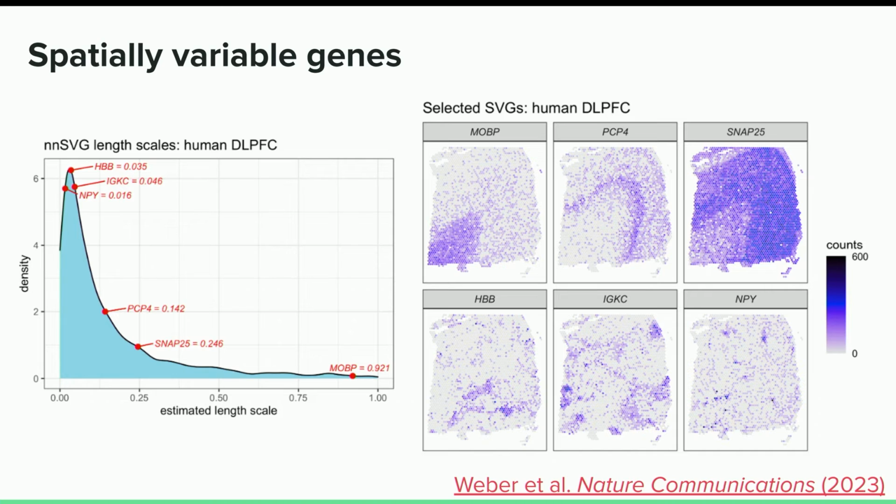So I want to show you these same 6 genes that I've shown you before. On the top row, these are genes that are associated with the layers, and on the bottom row, they are genes that are associated with the immune and blood. What you can see here